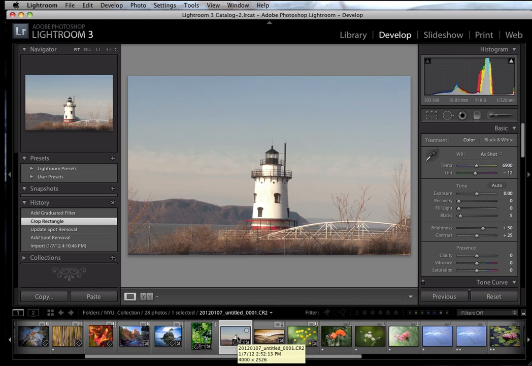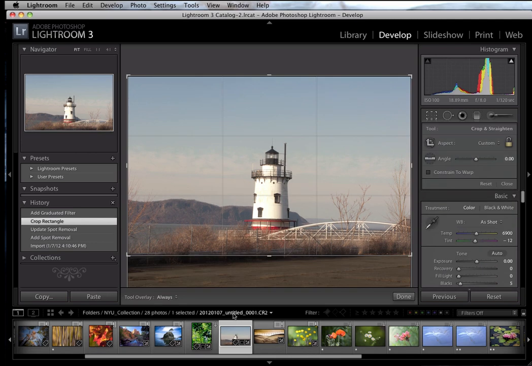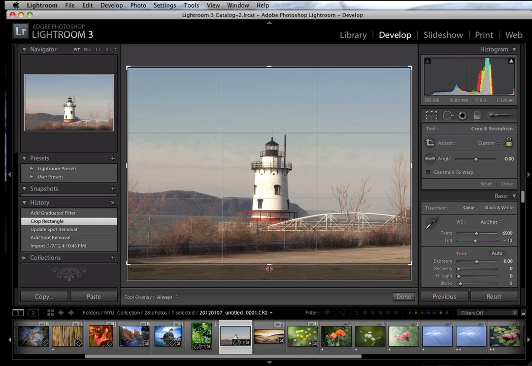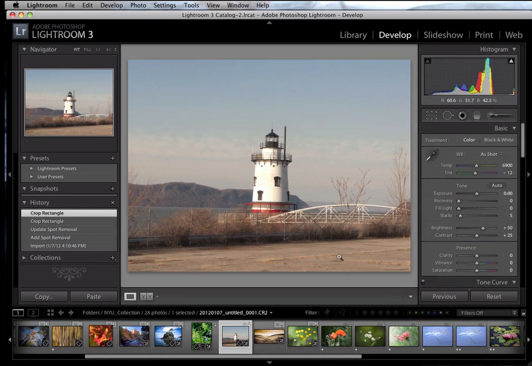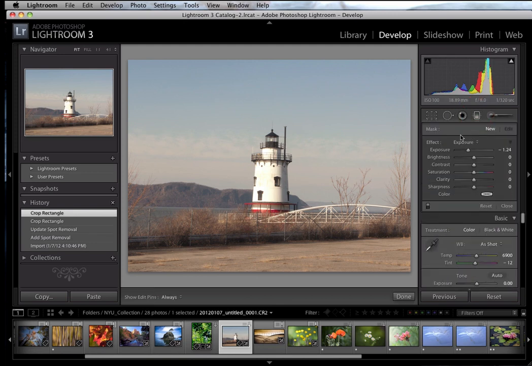This is a lighthouse out here in Tarrytown off the Hudson River. I'm going to click on my R key to show that I've already cropped this image a little bit, but you know what? I'm going to undo that and show the foreground here, which is basically a bare parking lot. But it is a good example for what we want to do with this graduated neutral density filter. So I'm going to keep the image uncropped. We've got a lot of sky to work with here, and we've got a little lighthouse sitting up on the edge of the river, and we're going to turn on our graduated filter,